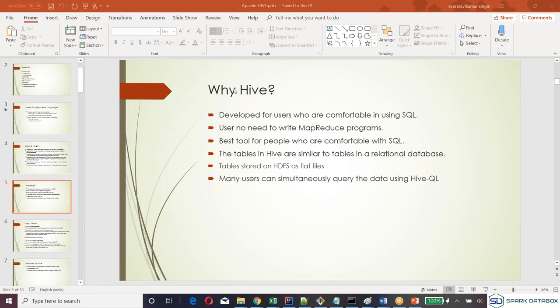When you're accessing through Hive, it looks like a table. But at the bottom, the original storage is flat files in HDFS. Whenever I say HDFS, it is flat files only. Any other question?